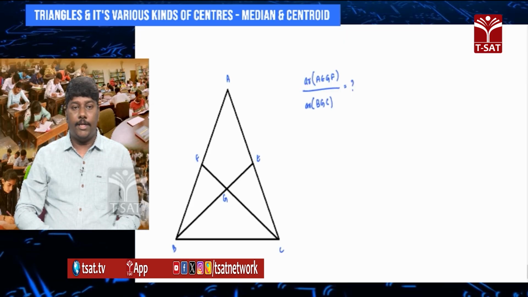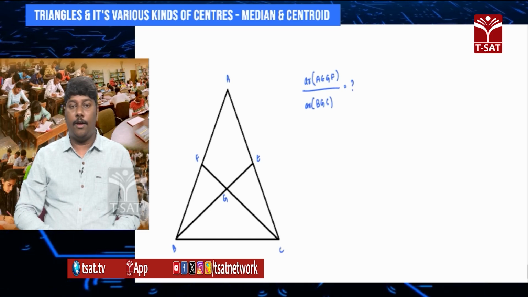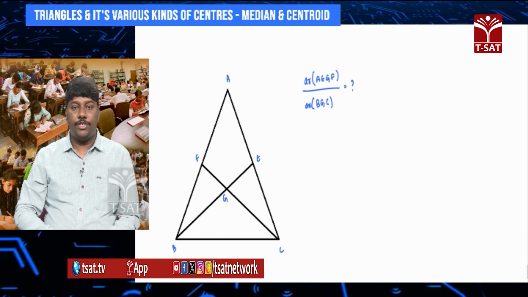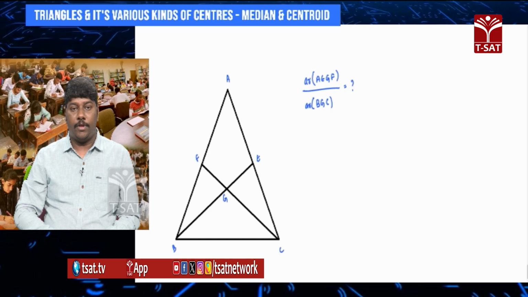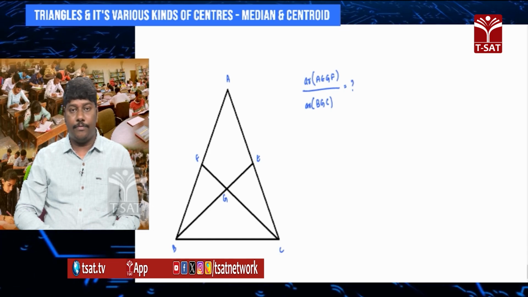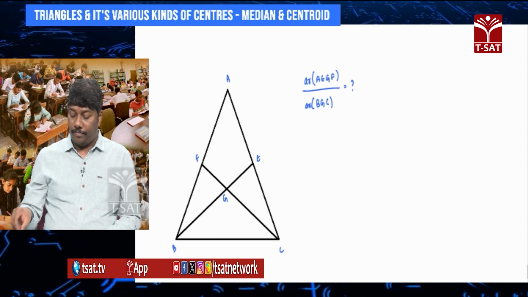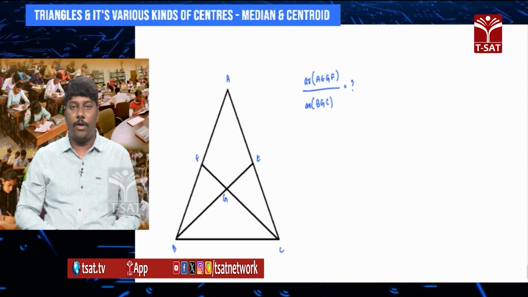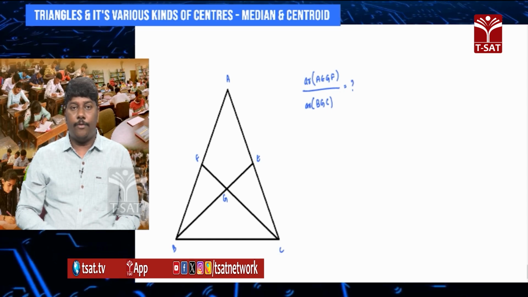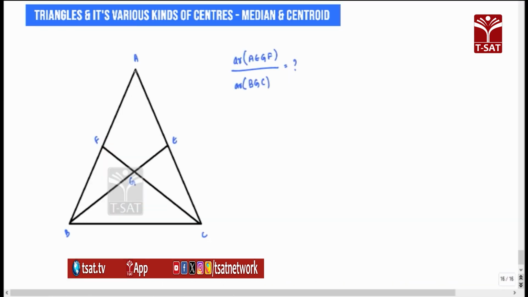So, look at one more problem here. Look at the triangle ABC. In this triangle ABC, he is asking you the area of quadrilateral AEGF divided by the area of triangle BGC. Here BE and CF are medians, G is the centroid. Something like this is given, and in order to confuse you, they may say A is a right angle, or that this is a right angle triangle. We don't care whatever the triangle is, but always remember, if I draw three medians,